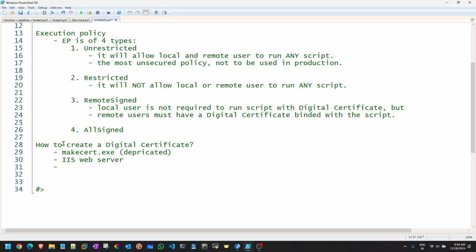Then what if you do not even have an IIS web server? Then using Linux, it can be generated. Linux uses an application called OpenSSL that will generate the certificate for you. Okay. What if you don't have these three options? Then it's not possible every time. In that case,